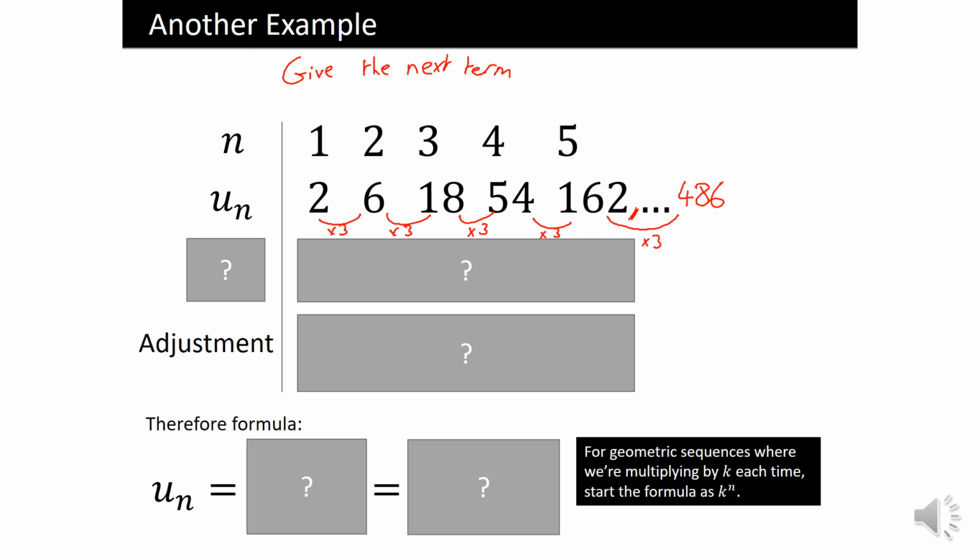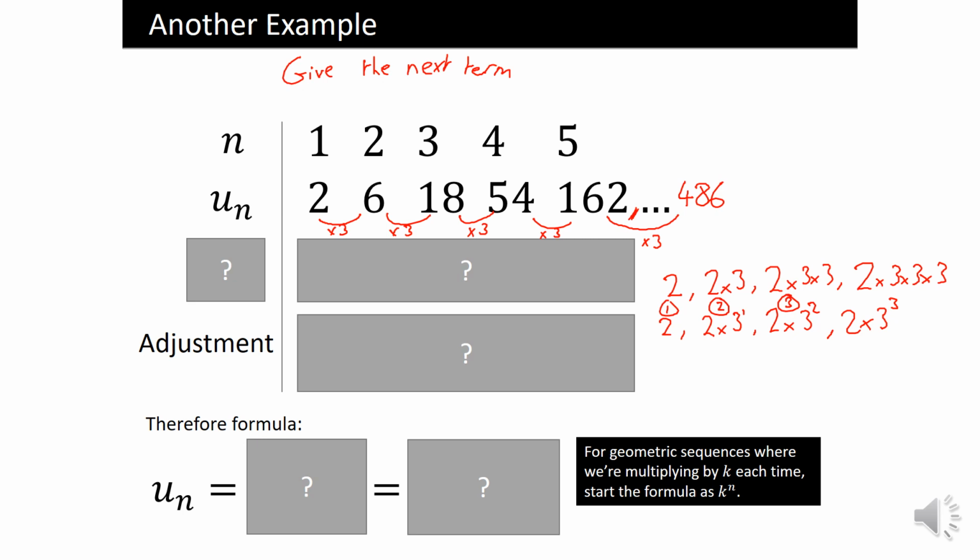Okay, so we're starting with 2, and we know our multiplier is 3, so our next term is 2 times 3. The next term after that is 2 times 3 times 3, then 2 times 3 times 3 times 3, and so on. So we've got 2 times 3 to the 1, 2 times 3 to the 2, 2 times 3 to the 3. And this is position 1, 2,